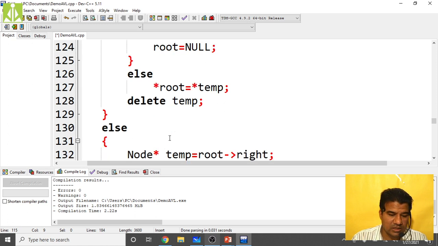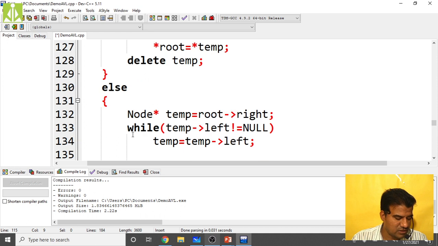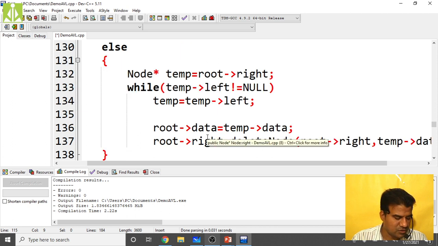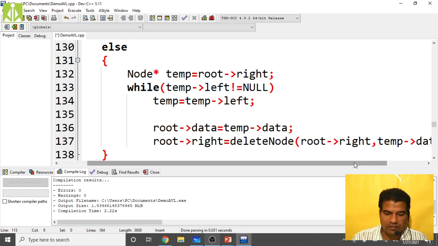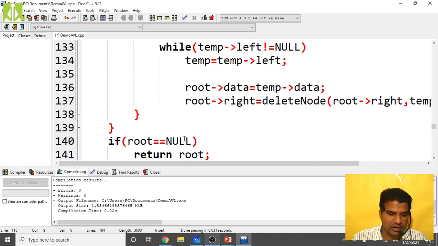Then after this, in the else part, we are saying node star temp equals root of right. Good. Then while temp of left not equals null, temp equals temp of left. Then root of data equals temp of data. Then root of right equals delete node of root of right comma temp of data, correct only.